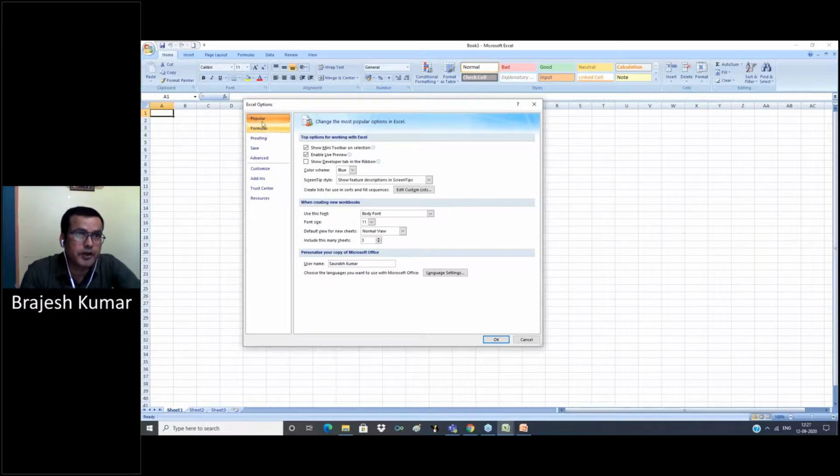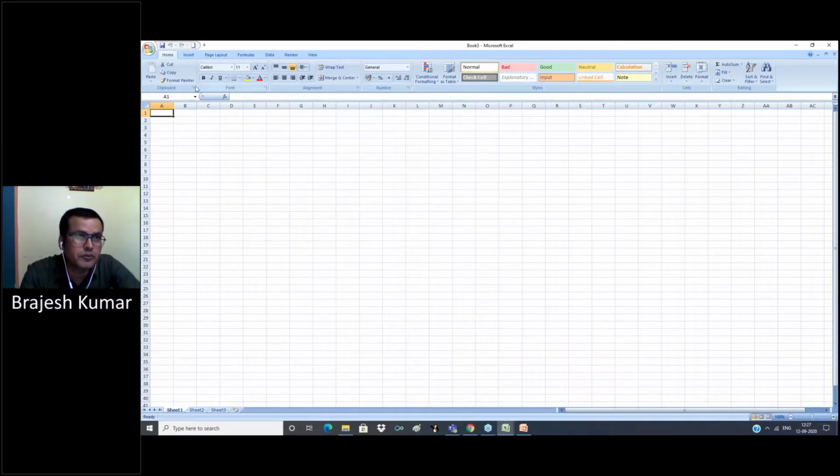Suppose Popular, there are many options. Whenever we click on any option, you can show a preview. Live preview, mini toolbar option. Suppose select here. Now you can see the option here.